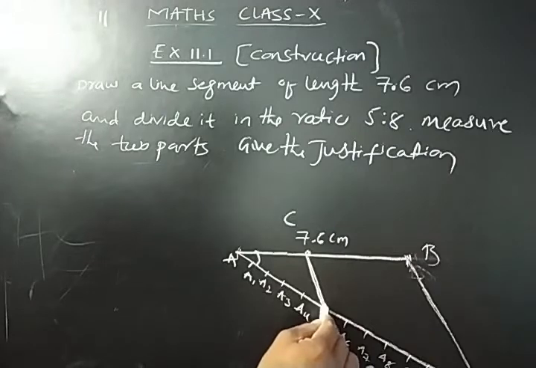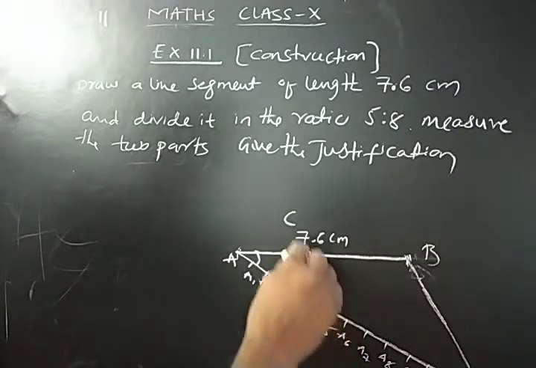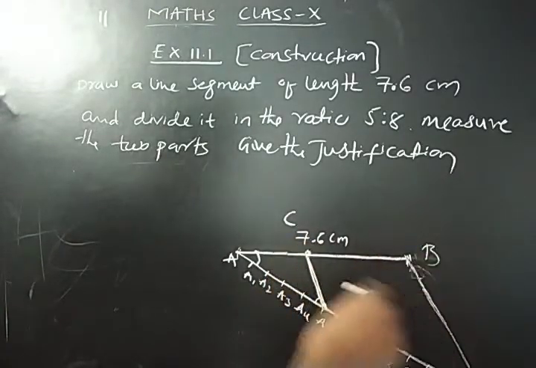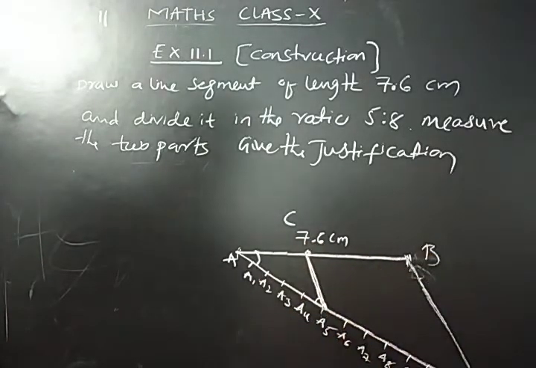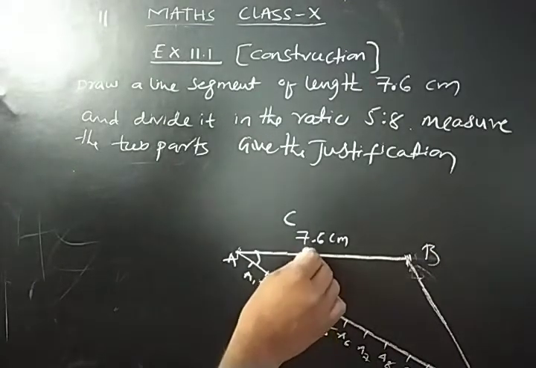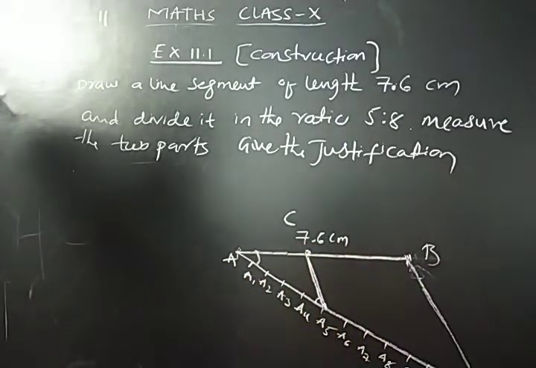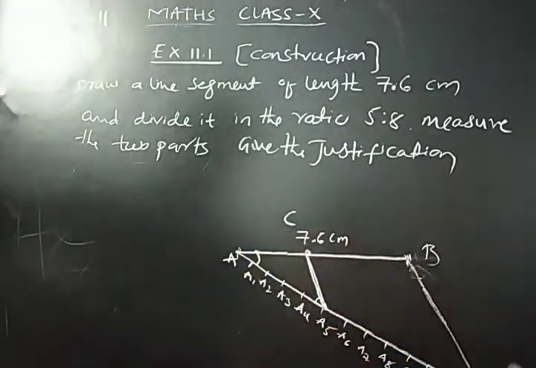When you are drawing a line through A5, this angle should be equal to this angle. So measure the angle, then draw the parallel line. Only then will you get an exact parallel line to BA13. Now see, point C divides this line segment in the 5:8 ratio. We can prove this by the basic proportionality theorem and justify this division. Division is completed. This is the procedure to divide.